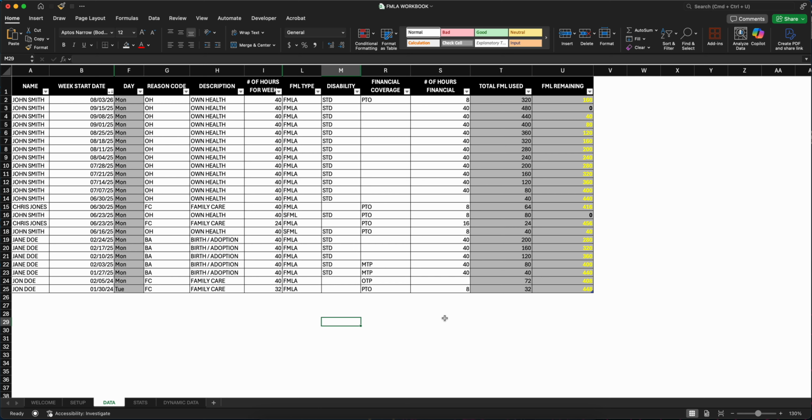It's important to note that columns C through E, H through K, and N through Q are all hidden. So if you're copying data from another source, make sure you do so column by column so as not to overwrite formulas in the hidden columns. Additionally, any columns here that you see that have a grayed background means that those are calculated fields, so do